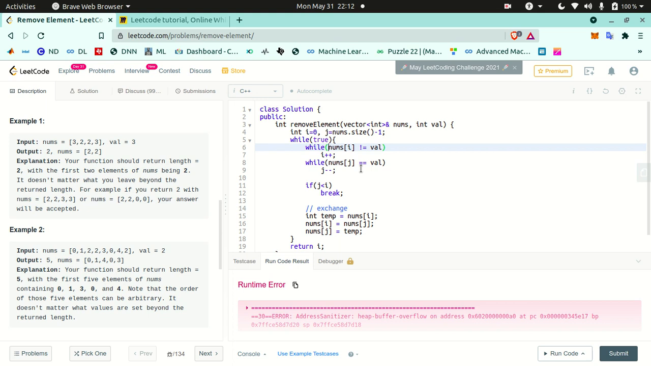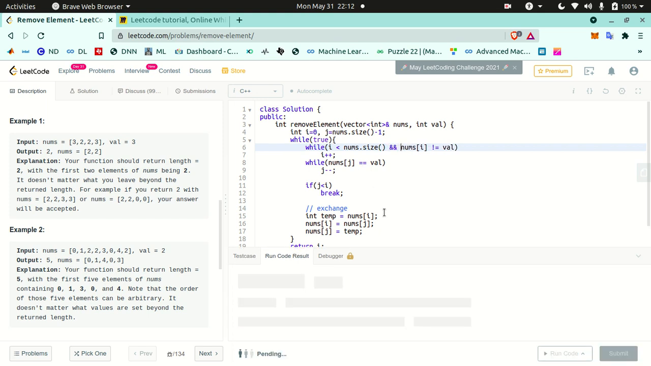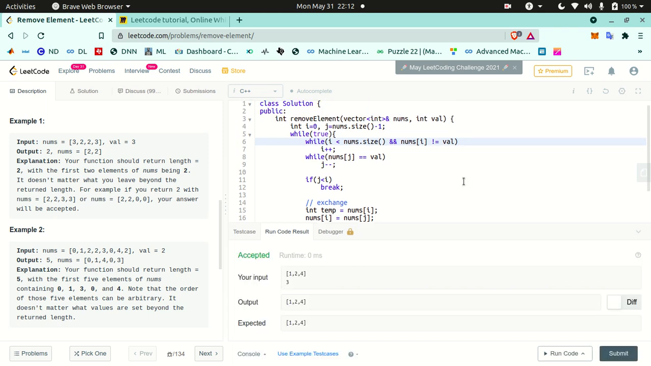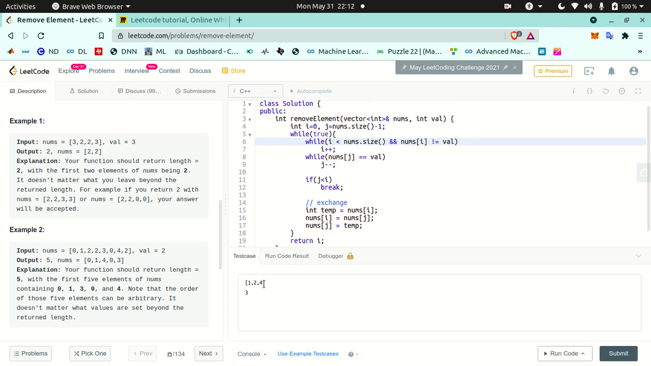So another condition that i must be less than nums.size(), and we have to put and over here, so it will run just fine now, I think. Yeah, it does. And another test case that I have come up with is, say, 3 3 3,